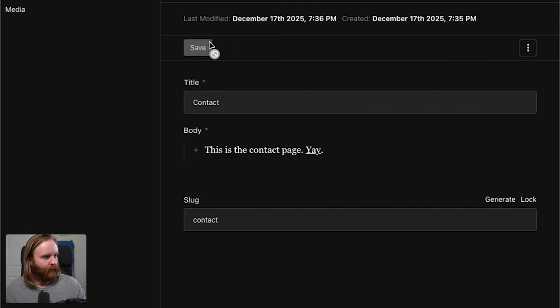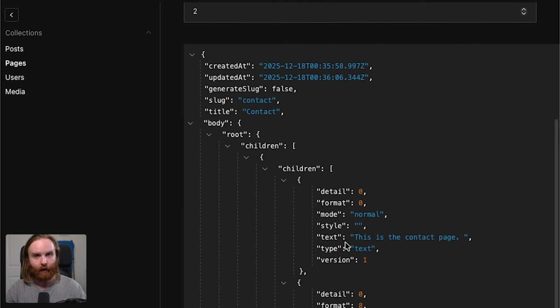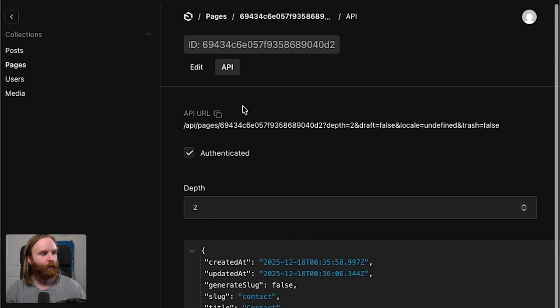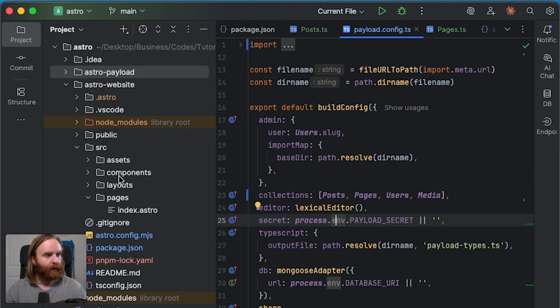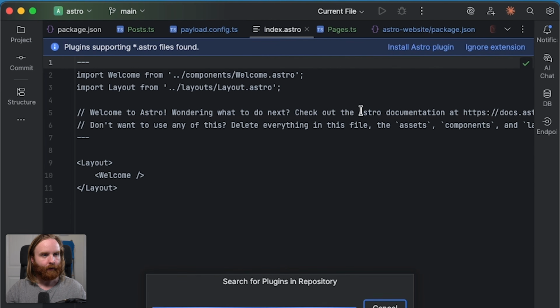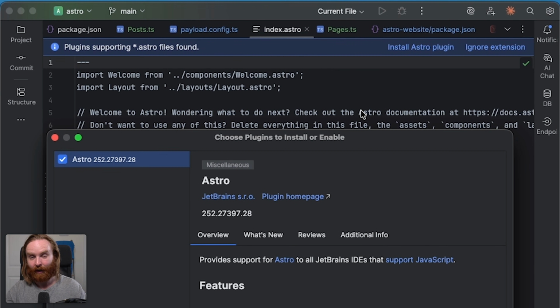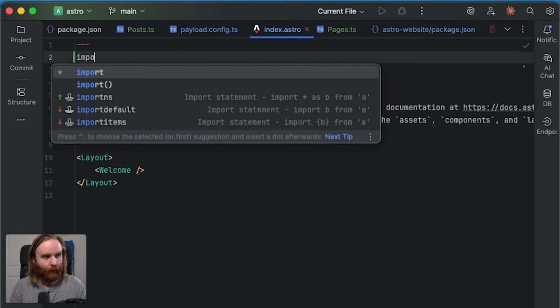Unlocked, generate, save. Okay. So we now have a couple of collections with a couple of documents set up for our Payload CMS, all of that stored in our database, which we can see here in our API, stored as JSON data. So now we're going to try and render this over onto my Astro front end. So let's take a look at our index.astro file. I'm going to install the Astro plugin because I apparently didn't have it on WebStorm. So let's do that. So now I'm going to import